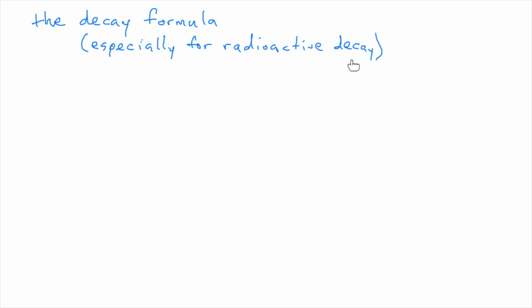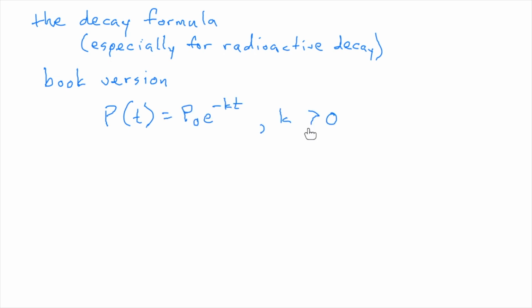But anyway, radioactive decay. So here's the formula. I'm going to show you the book version, just because I have to. It's in my contract. No, it's not in my contract, but I have to show you, and then I'll tell you the smart way to do it. So K is a positive, it's the rate of decay, and this is the formula. Here's the Gary version. I don't like memorizing extra stuff for a special situation.